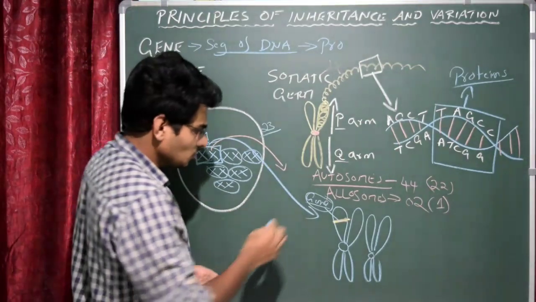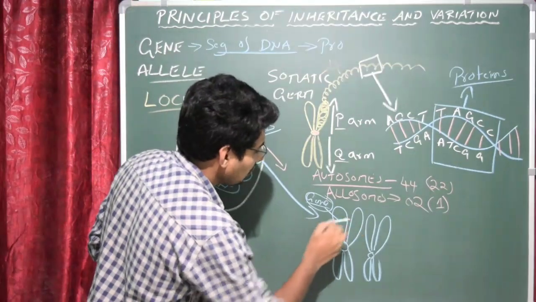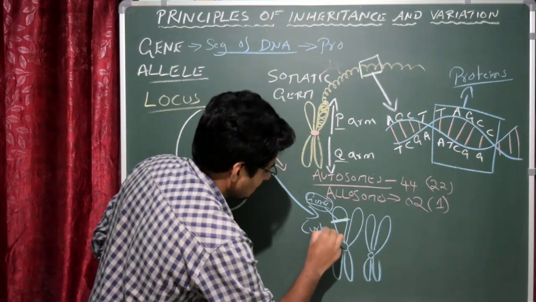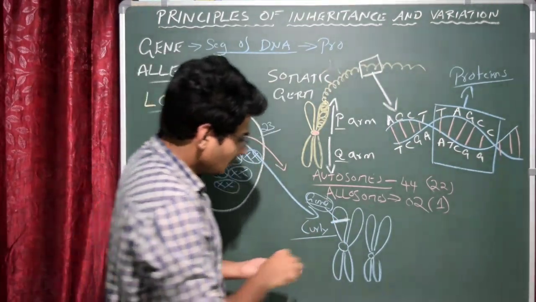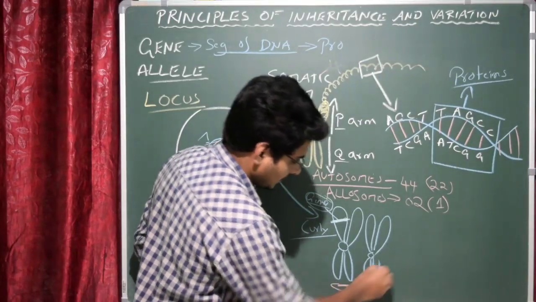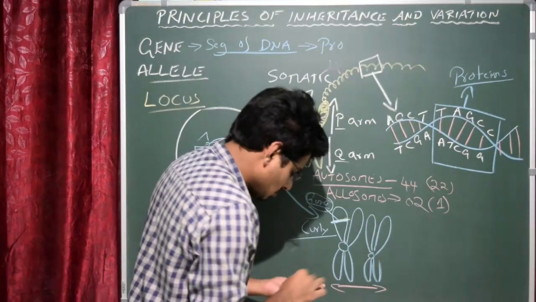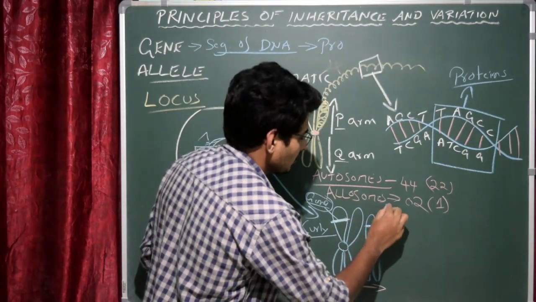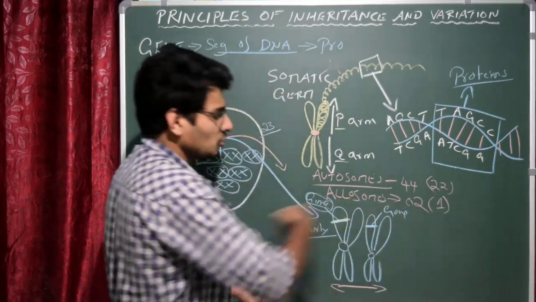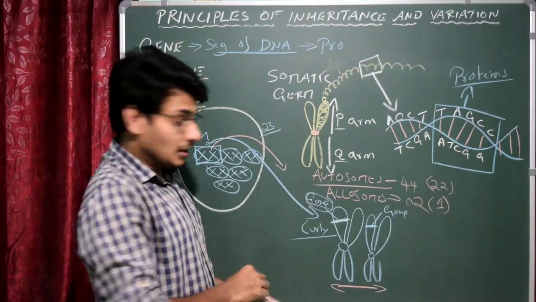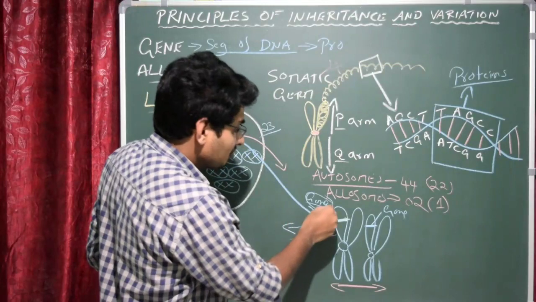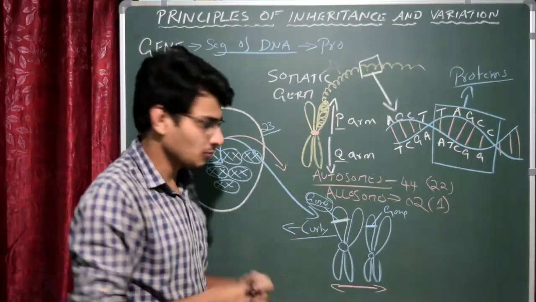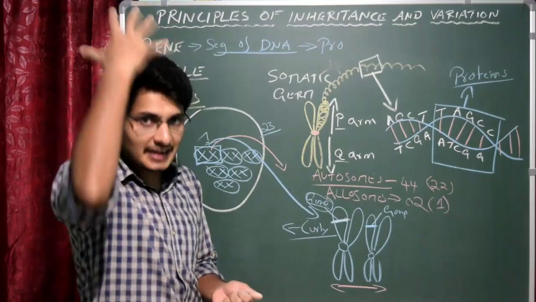Okay, so let us assume that this gene is responsible for, let us say, curly hair, and this is its pair, correct? Here also you see on the same locus the same gene. Another gene will be there, that is the same gene, both are the same genes, but the ability of this gene may differ from this gene. Both are for the same character. What is the character? That is the hair type.